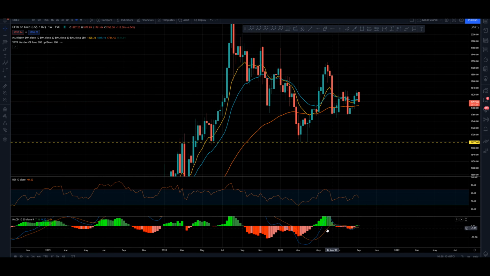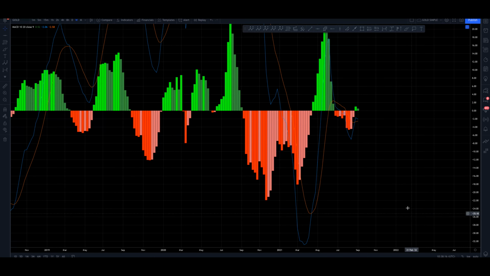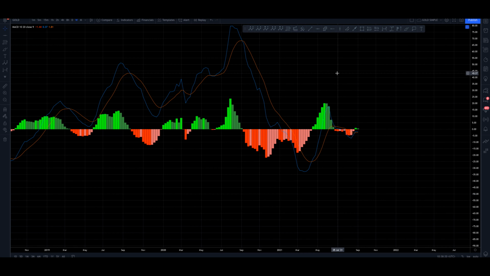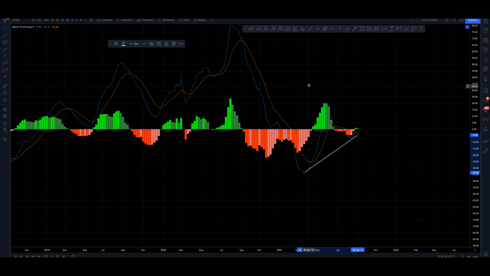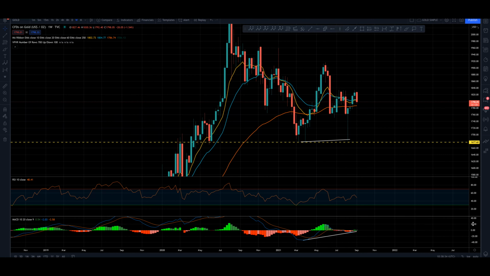The MACD here, that huge swing. Now you do get a really bullish move here on the MACD if you consider the divergence, although there's not true divergence because we've got a low and a higher low, right? But the low and the higher low here is far greater than the low and the higher low here. So there was a lot of bullish momentum building up under these lows here.